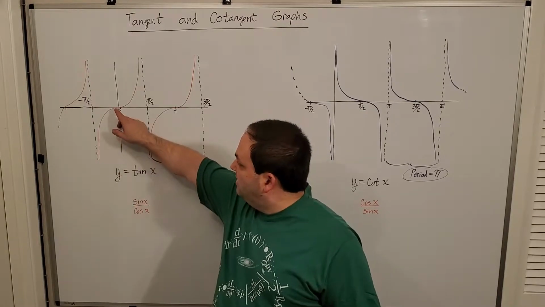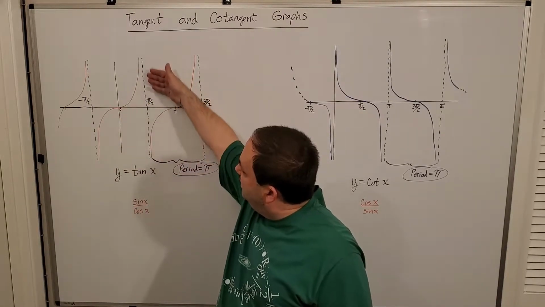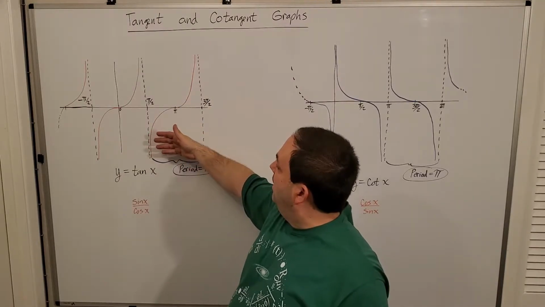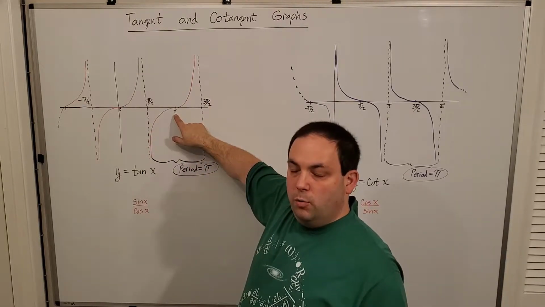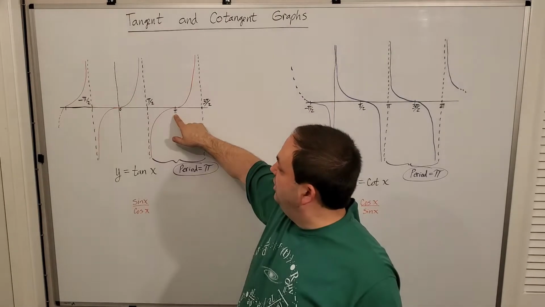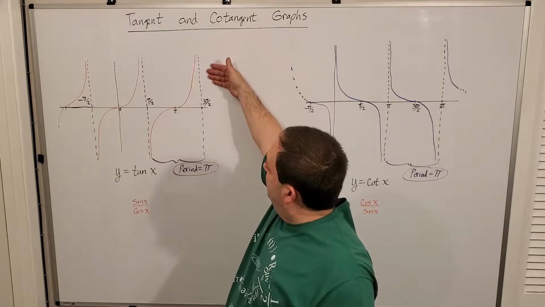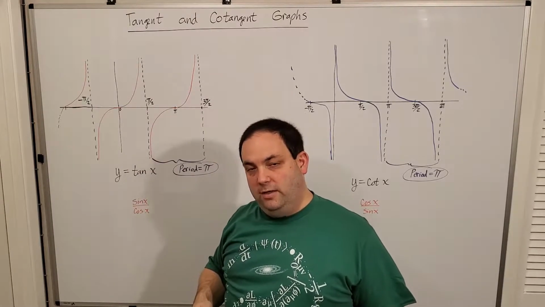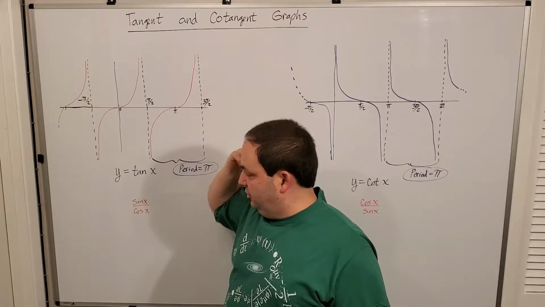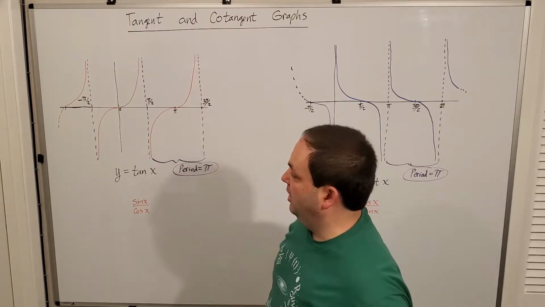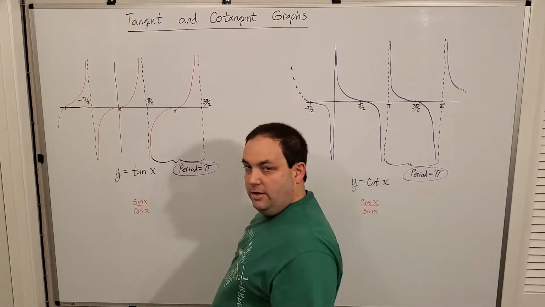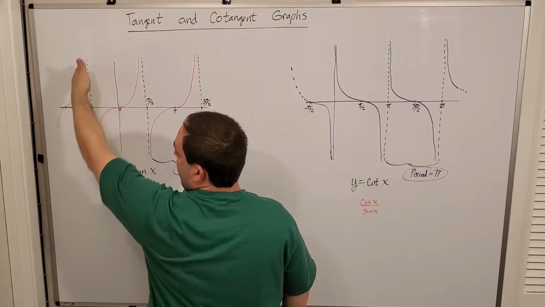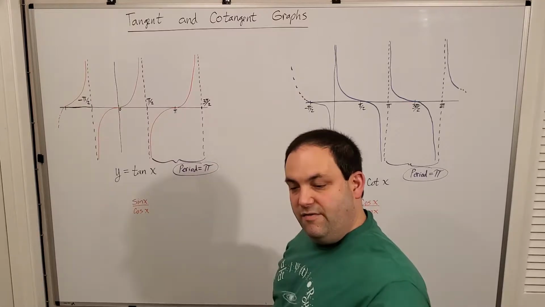Tangent of 0 is 0. Tangent of 90 degrees or pi over 2 radians is undefined, right? Tangent of 180 degrees or pi radians is 0. And tangent of 270 degrees or 3 pi over 2 radians was undefined. So then you can see the repetition on and on and on. But of course, it also should go in the negative direction. So if I rotate down to negative 90 or negative pi over 2, again, you'd hit that 270 line and